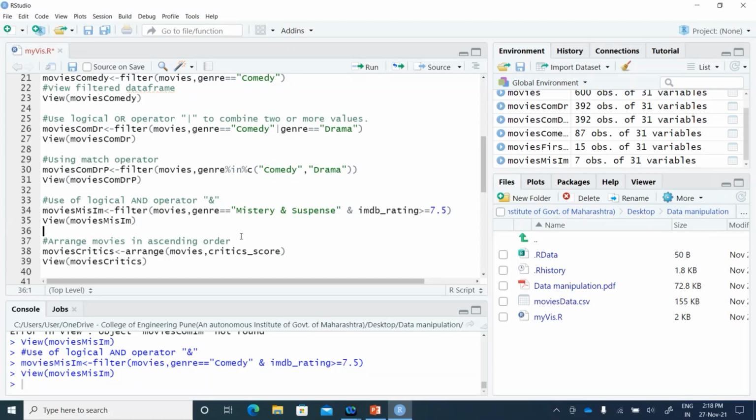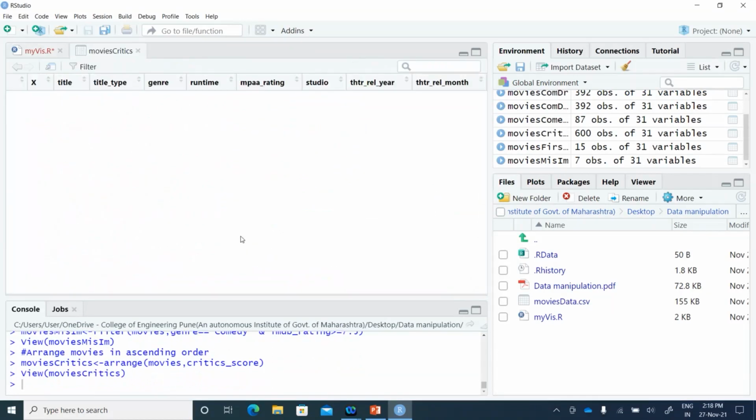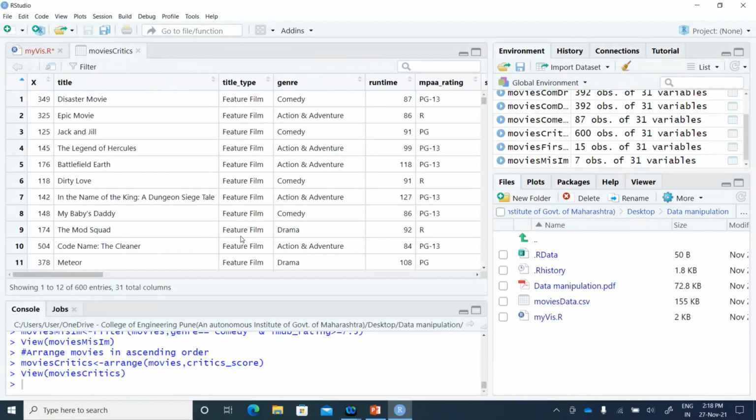Okay. So suppose now I'm arranging the movies as per the critic rating. Your command is arrange movies, comma, critics score. Let's press Control Enter to run the command, and let's view that sub data frame. Here, as per the critics rating, movies have been arranged in ascending order.